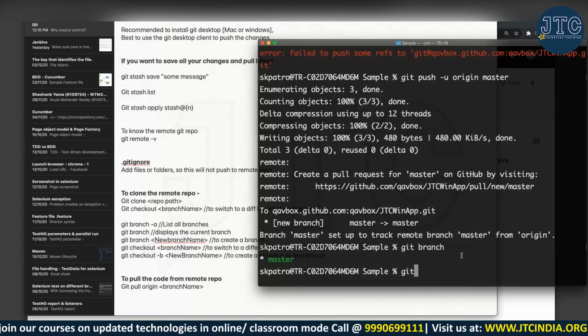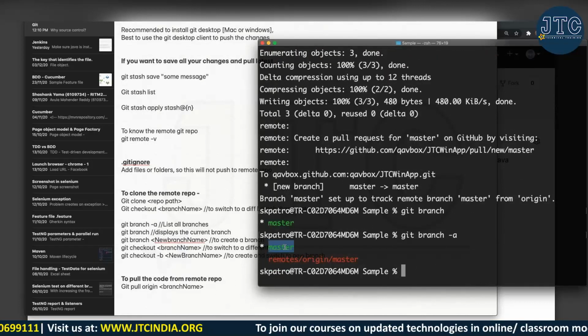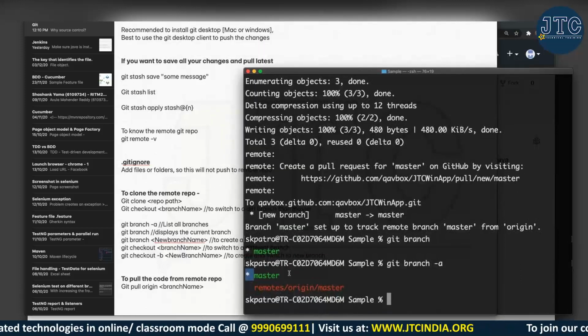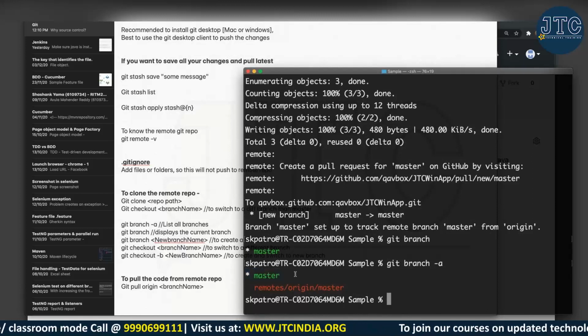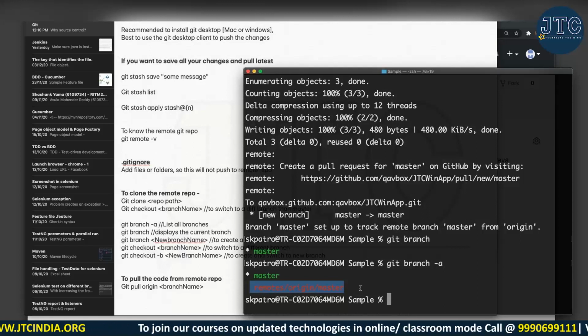Fine. Now what I will do here is git branch -a, and you can see it is telling master, which means I am currently on the local master branch. There are again two different things here, because the first time I create a branch on my local, it will be local only. I didn't push that yet. So that's why it is saying that you have a master branch, which has a star. You can see a star mark. So the star is basically where you are at this moment. So my code is at the master branch. Now remote is my remote branch. There is again a master branch.